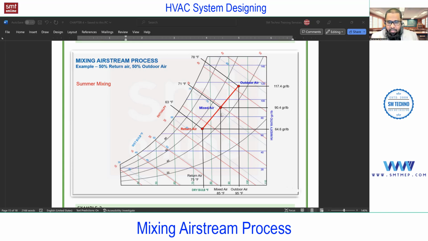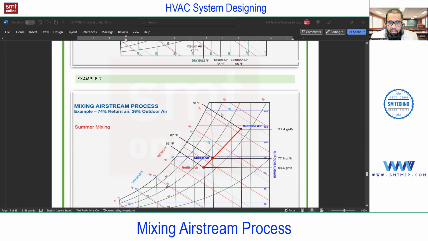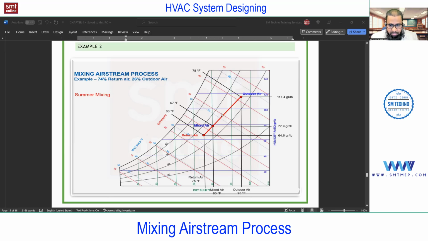So this is just an example for the mixed air condition. Later, we'll deal with the different conditions for the different types of air. Similarly, one more example I've given. In this case, you see this part says 74% and this part says 26%. So on the scale, you need to find out the percentage and mark this point and find out the mixed